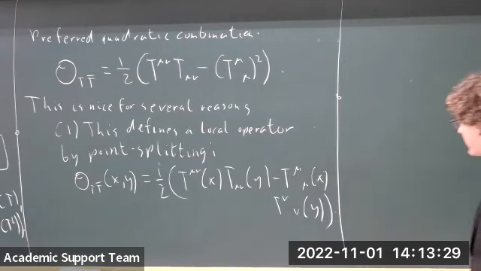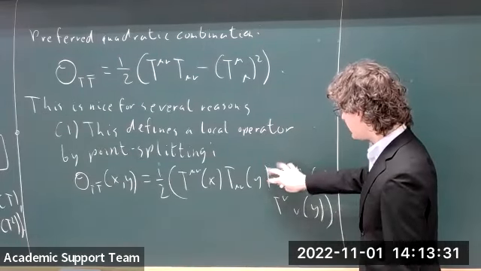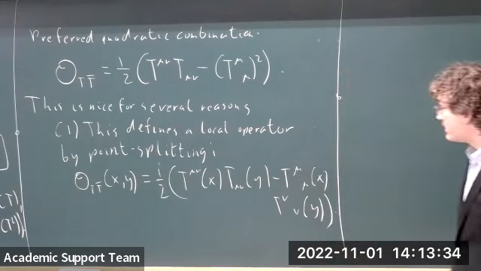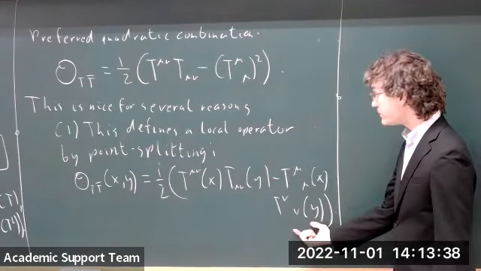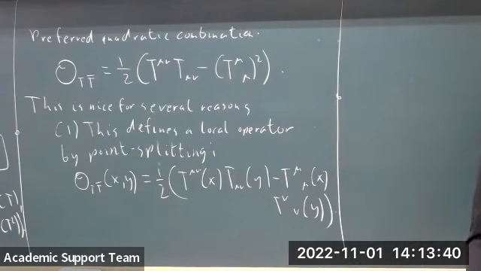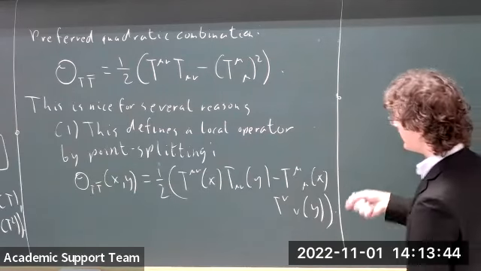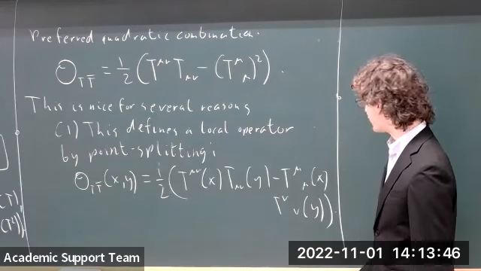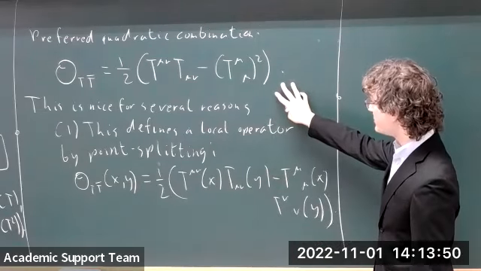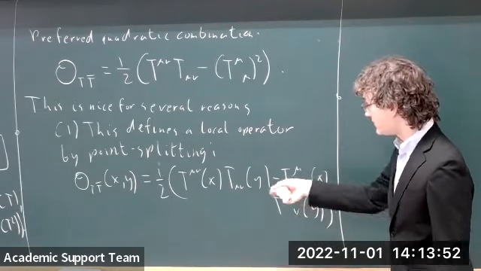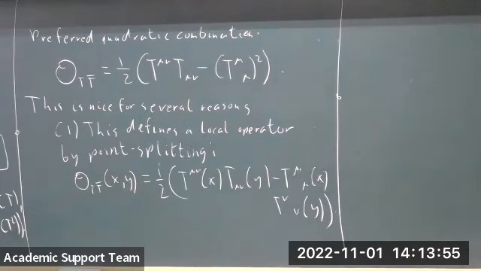But it was shown by Zamolodchikov years ago that this particular combination in that coincident point limit does in fact define a local operator in the spectrum of the theory, up to some ambiguities involving total derivatives, which can be neglected in the case where we're, for instance, adding this to an integrated Lagrangian on a spacetime without boundary. So this is the first surprise, that this quadratic combination is very nice, insofar as it defines a universal operator in the spectrum of any two-dimensional quantum field theory.